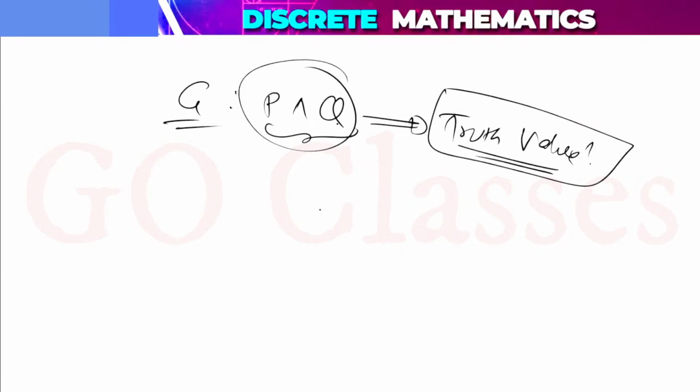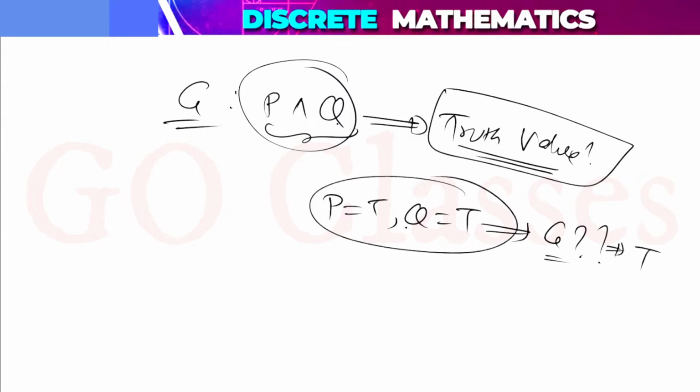But if I give you some information that p is true and q is true, and now I ask you what is the truth value of g, you can very easily answer. You will say that the truth value of g is true. So this is an interpretation. Interpretation, very informal and intuitive definition: